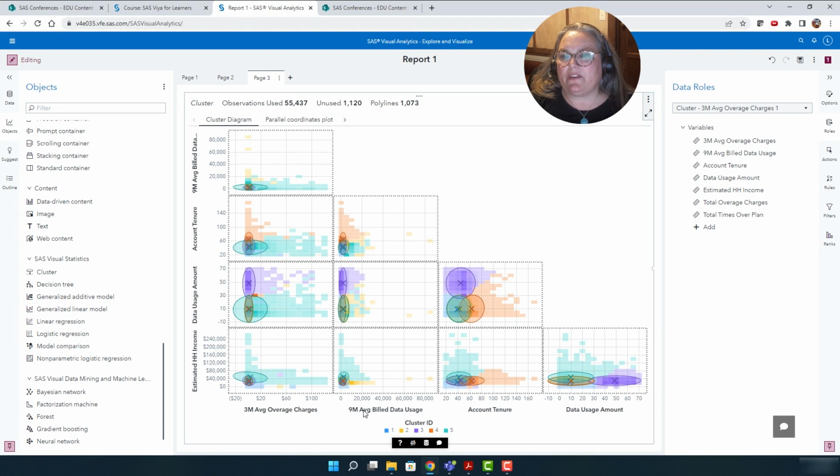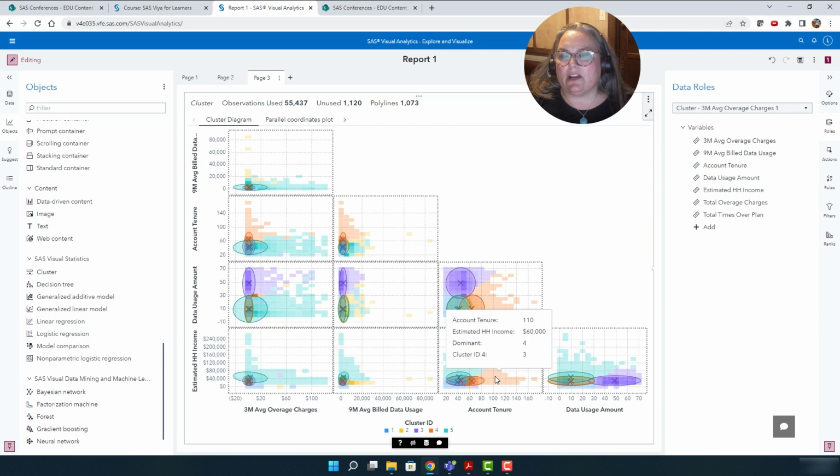I've got a little bit of everything, but the account tenure seems to be more in the orange in the upper portions. And then we can see that again here. It's just kind of flipped, so it looks a little different.